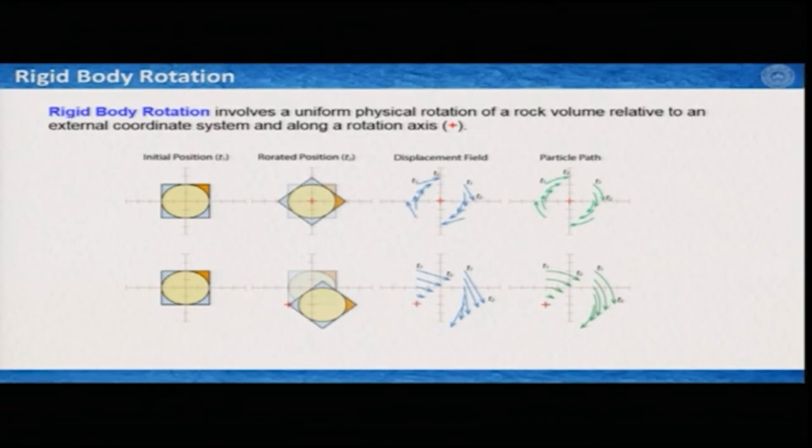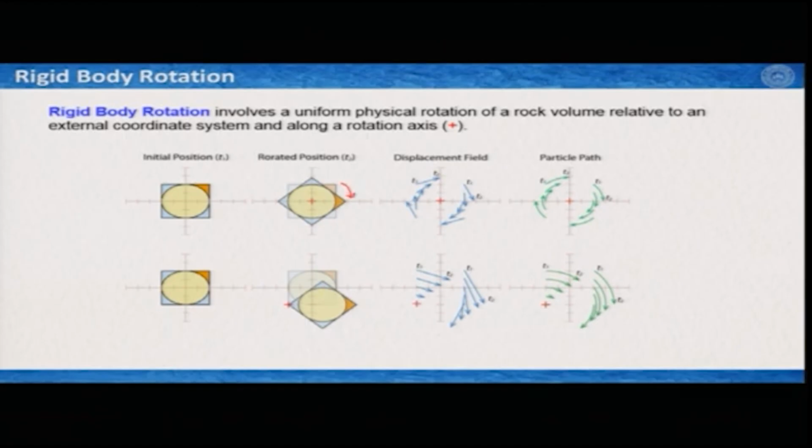Now, to do a rotation you need an axis of rotation. Here I have again cited two examples, and rigid body rotation involves a uniform physical rotation of a rock volume relative to an external coordinate system and along a rotation axis. So, in the second column, which is your rotated position at T2, the rotation axis is marked by this red cross. So, in the first one it rotated, keeping the origin of this coordinate system, 45°